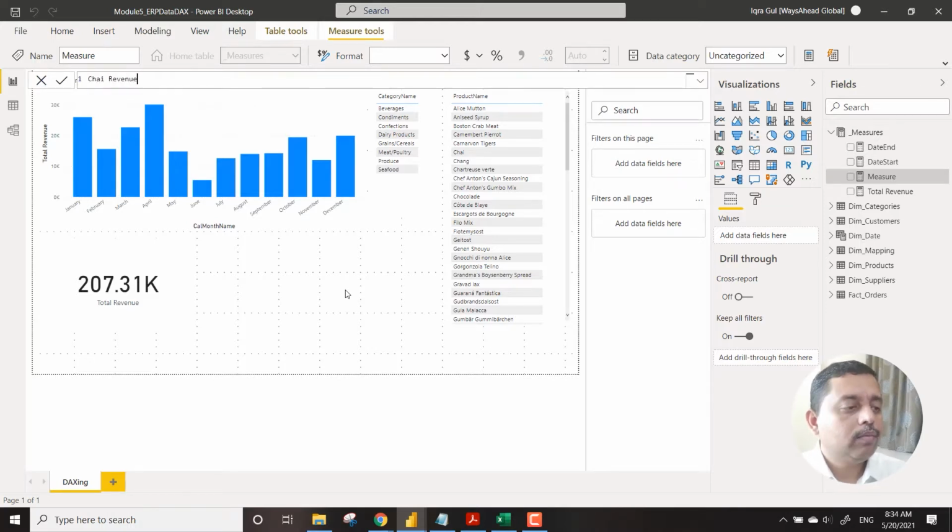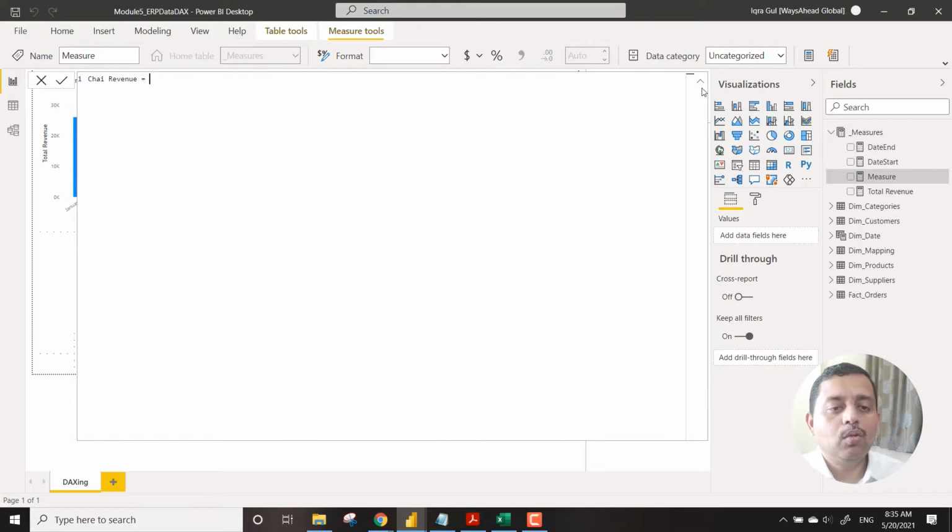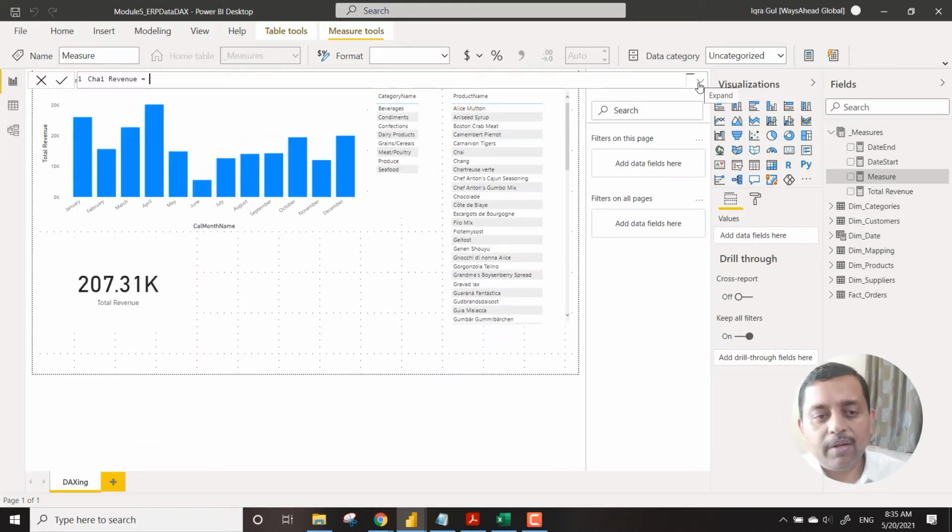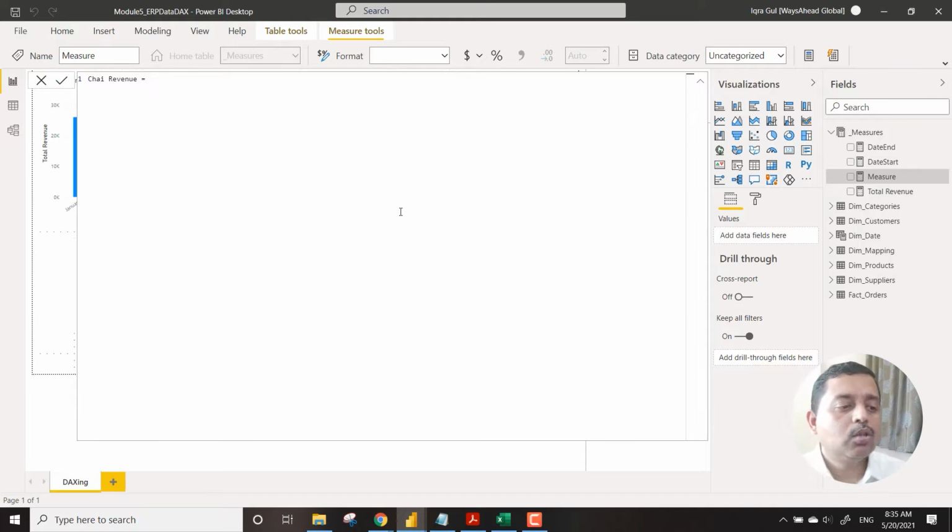I am saying chai revenue. Now the problem is, when we stated total revenue directly, we simply said sum. But when we have to bifurcate that revenue into different chunks, we cannot simply say sum. We need to use a special function called calculate, and we will see how to use it. To write any kind of DAX, we prefer to use the expand option, so that it gives a complete understanding of what we are designing. Then we press the Shift and Enter keys to go to the next line.